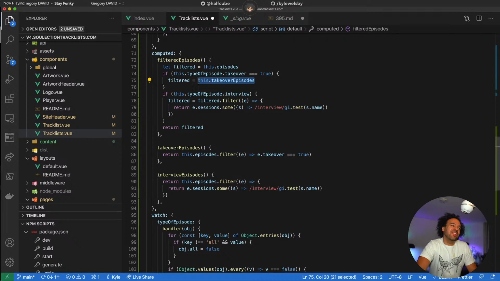I don't think this is right. So I want to continue the filtration down for as many filters there are when we get to, say, if it's on SoundCloud. Or otherwise it'll just be all episodes all the time.